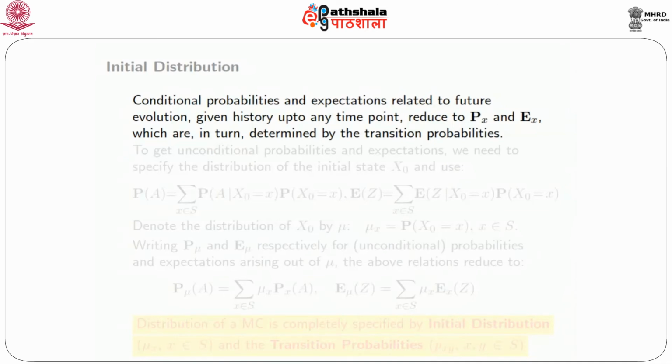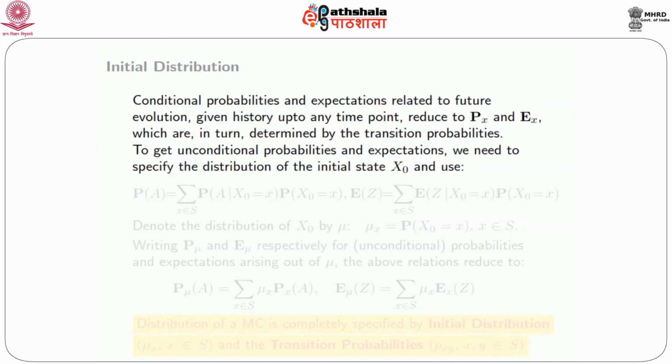Given the history up to any time point, they reduce to P sub x, E sub x, etc., which in turn are determined by transition probabilities. But we may be interested not always in conditional probabilities, but in unconditional probabilities and expectations. So for that, we need to specify the distribution of the initial state x naught,